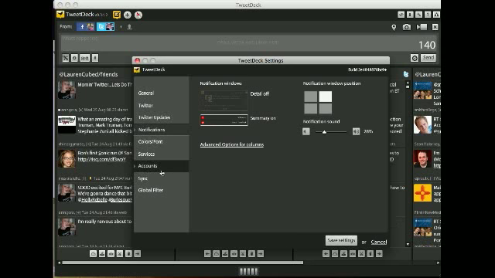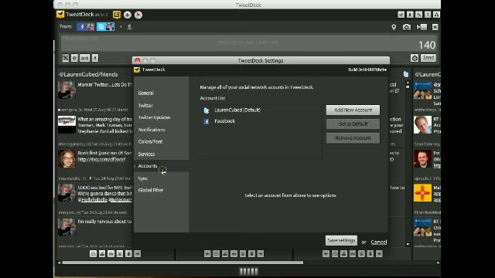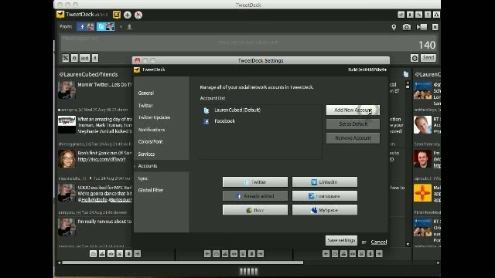So what we want to do is go to accounts. And right now you'll see that I have my Twitter account, Lauren Cubed, and then my Facebook account. So we're going to add a new account. So what you do is you click Add New Account. And in this case, I'm going to add LinkedIn. So I'm going to click